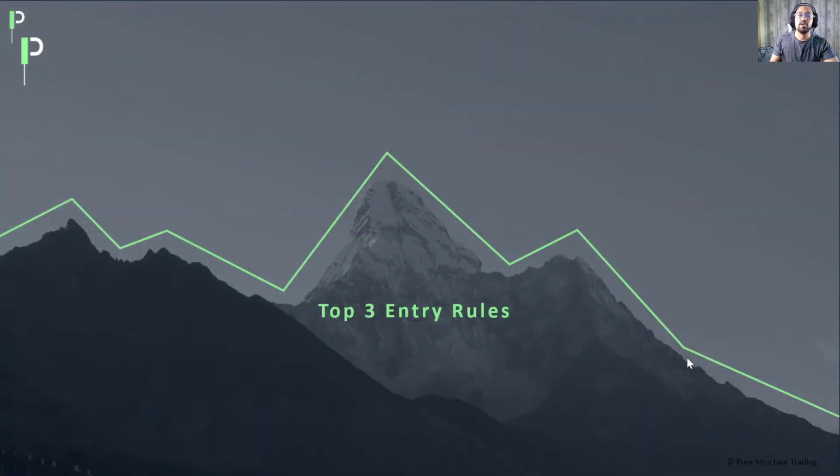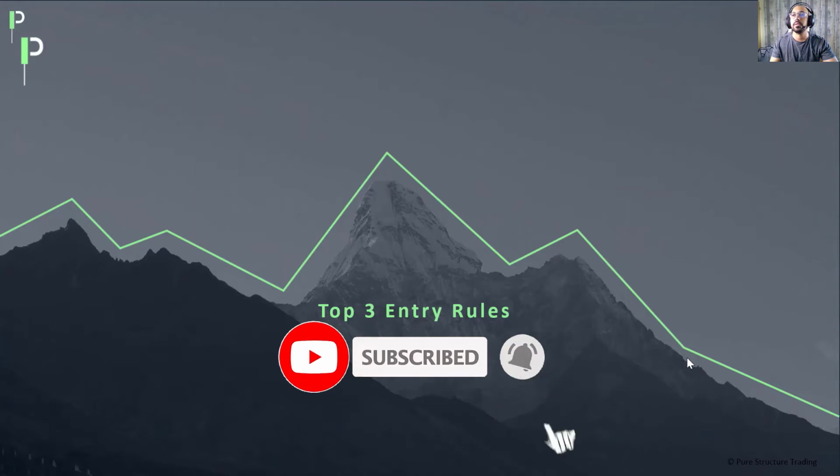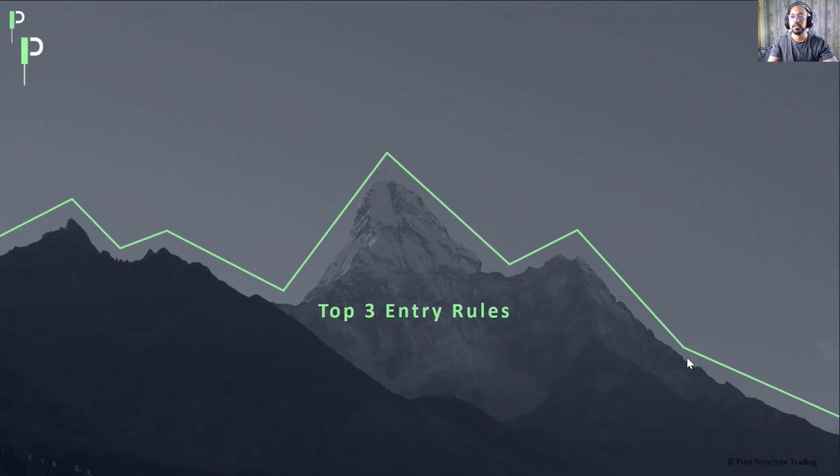Today's lesson is going to be on the top 3 entry rules for trading. Now, I understand the development of a trading strategy can be a complex process for some, and for others it can be a simple process. But where most traders think they struggle is usually the entry idea. But what they fail to realize is that it has more to do with not recognizing the type of trader